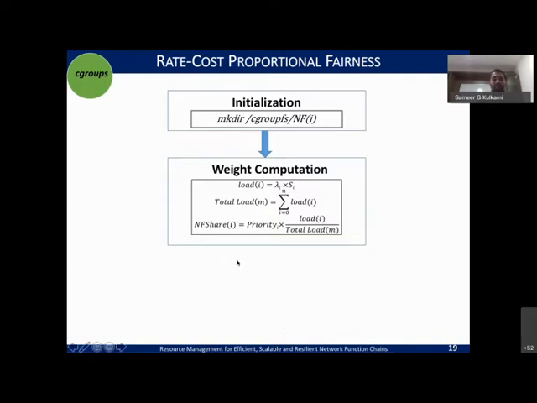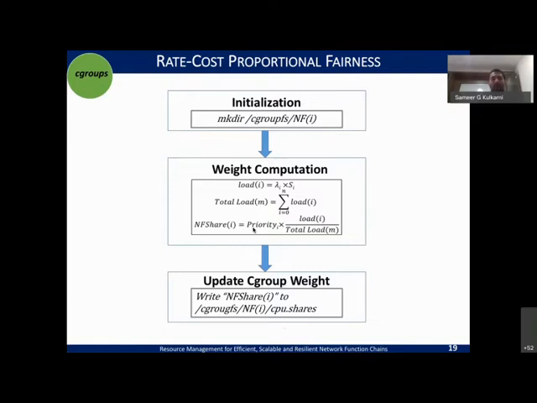And you can add priority as a QoS factor if you have to deal with different NFs in a different way, right? So combining all this, once you arrive at the different NF i's share in that particular quantum, you update this to the CPU share so that your resources are guaranteed to be allocated in this manner, and the amount of resources apportioned is fixed. So this is as simple as the C groups operate.